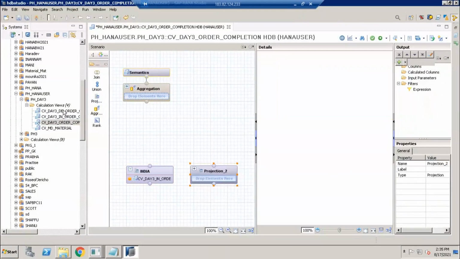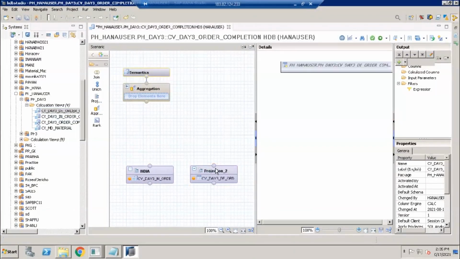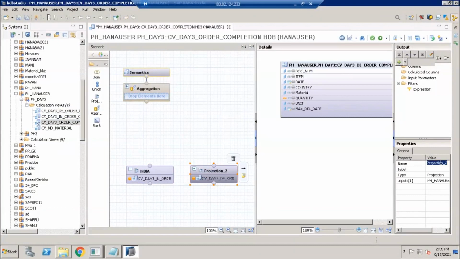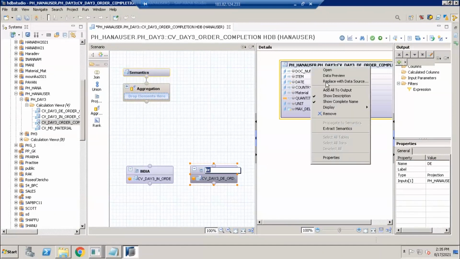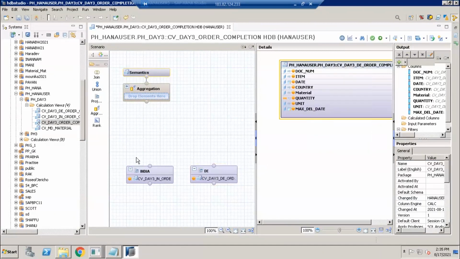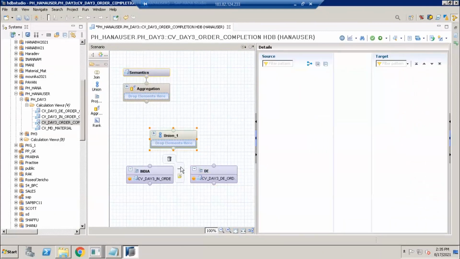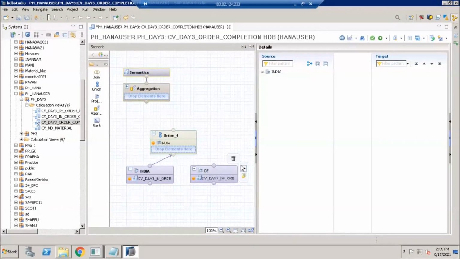Add one more and bring DE into this one, and write DE. Add all to output. Now I want to union these two data sets. Bring union into the design, add India to it, and add DE to it.